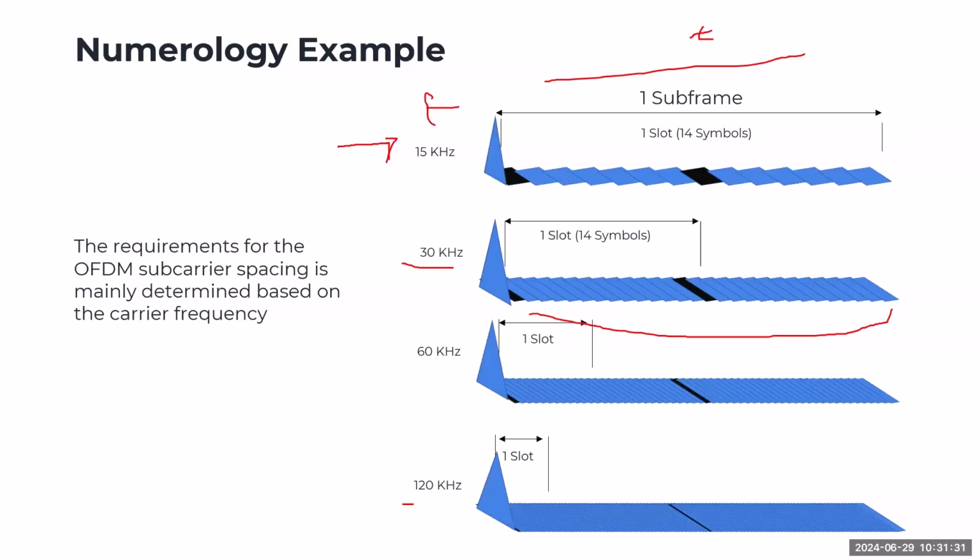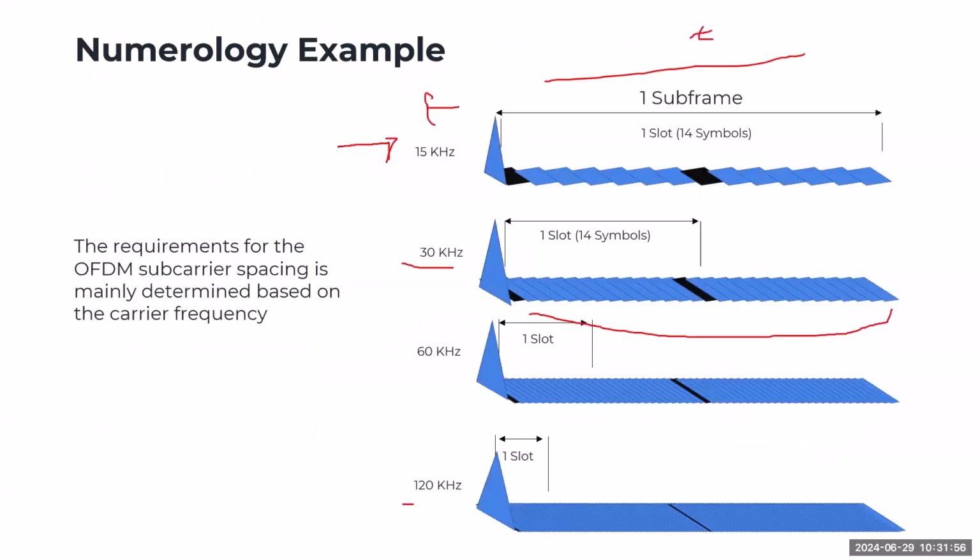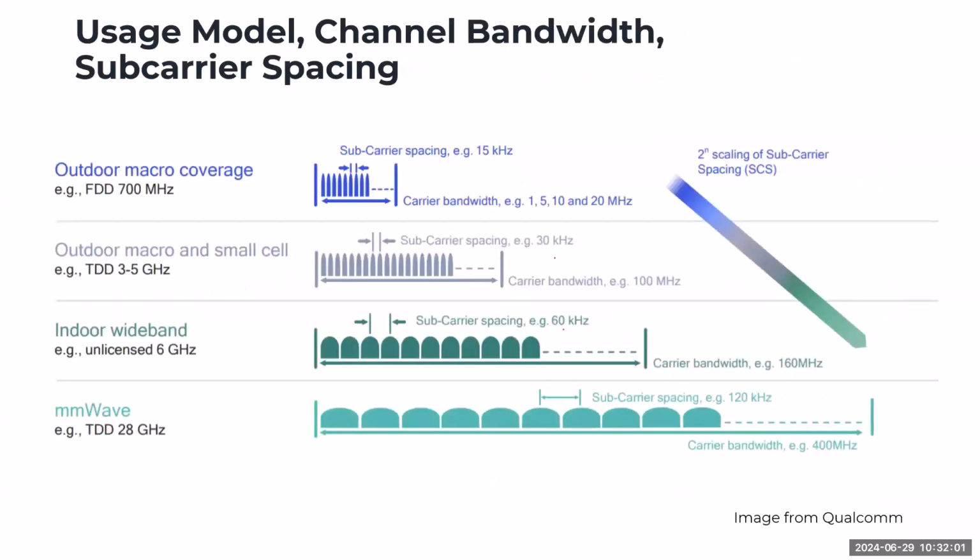Now, if you look at the Qualcomm illustration, care of Qualcomm, this is how you will see the difference in numerology. So you have 15 kilohertz, 30 kilohertz, 60, and then 120. You will see here, sa perspective naman ito, yung front view natin is the carrier bandwidth. Dito nakikita nyo is the time domain, yung nakaharap sa inyo. Yung nasa gilid is the carrier bandwidth. But in this perspective, you will see the carrier bandwidth sa front view. So that's the difference of different numerologies.